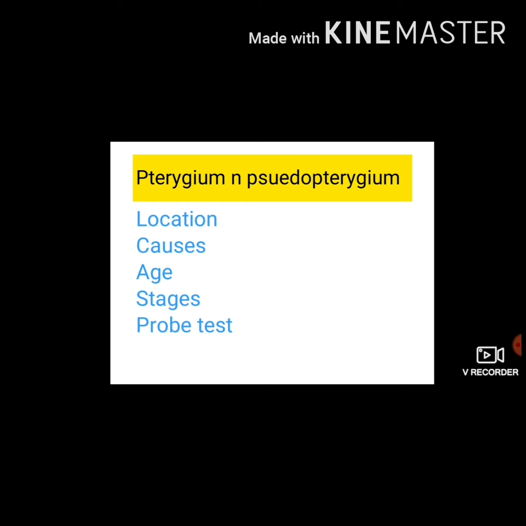The age, pterygium usually occurs in the elderly age group. Pseudopterygium can occur at any age group. Stages, pterygium has progressive and regressive, whereas pseudopterygium is usually atrophic. Probe test, the probe can't be passed in case of pterygium,